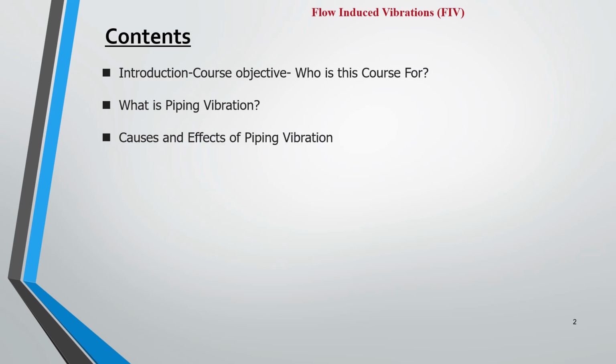Then causes and effects of piping vibration, meaning what are the main reasons that a piping vibrates, what is causing that vibration, and also what is the effect, meaning because of piping vibration what could happen to the piping